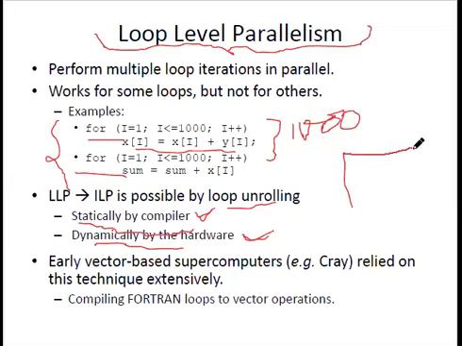Suppose this is a bunch of instructions that have to be carried out, carrying out a loop system for ILP. So how is this implemented? Suppose these are 6 statements, and I have to carry out this loop for 1000 iterations.